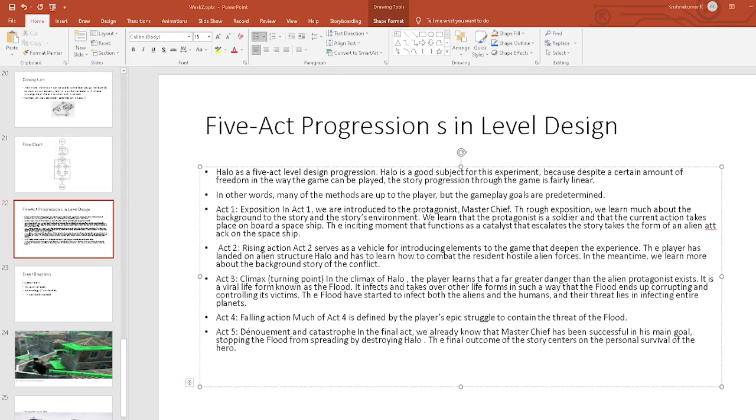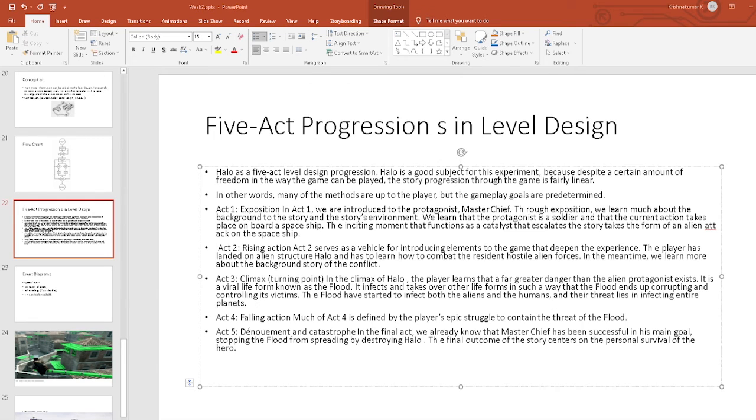So here in Halo, then comes the climax. This is the turning point. In the climax of Halo, the player learns that far more powerful aliens are there, who are more dangerous than what they are fighting.